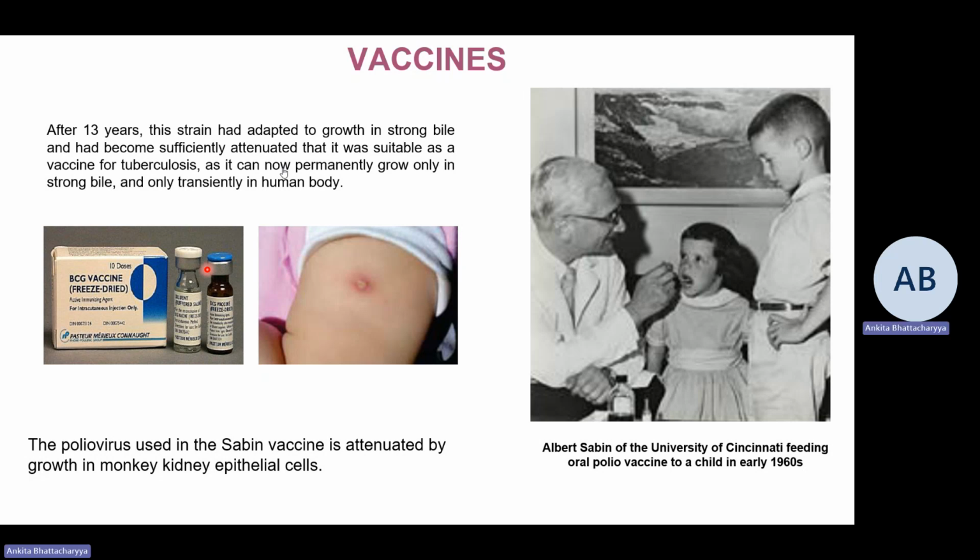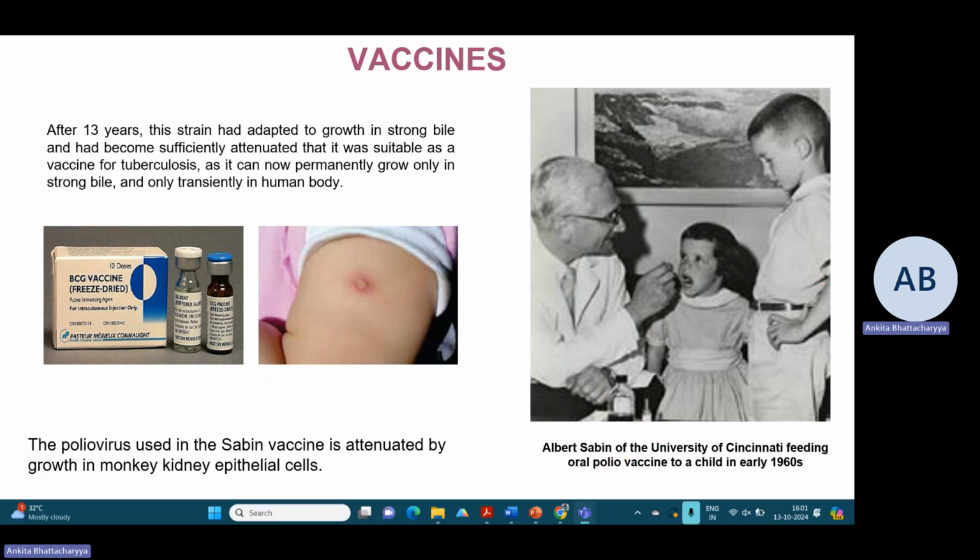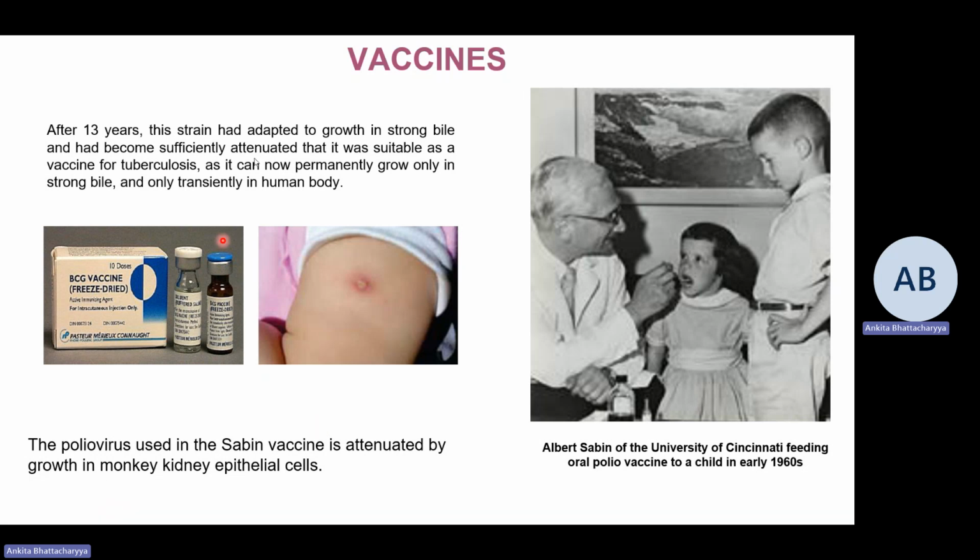Following this, on the right, you see an image of Albert Sabin, who was the discoverer of this vaccine. He was at the University of Cincinnati, where he's feeding oral polio vaccine, or OPV, to a child in the early 1960s. And yeah, that is the most commonly used and the most